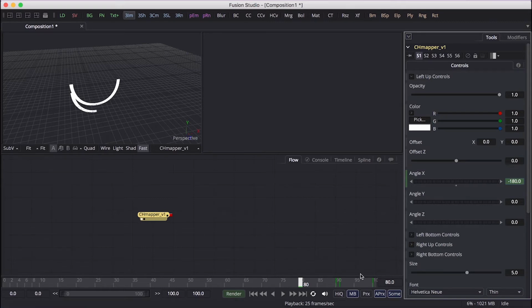and we will also adjust the offset here. Go to 80, and let's try on the y-axis minus 0.075. I think it's okay. No, it's not minus. Okay, it's just right.